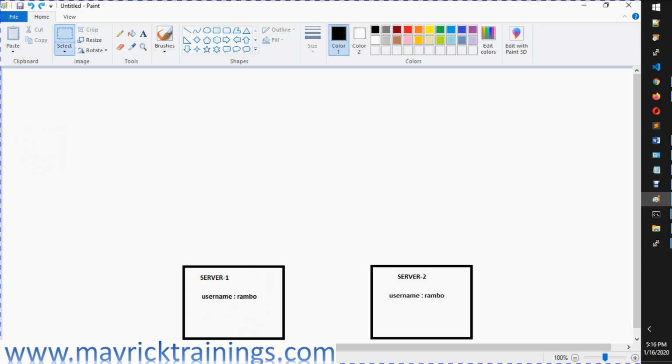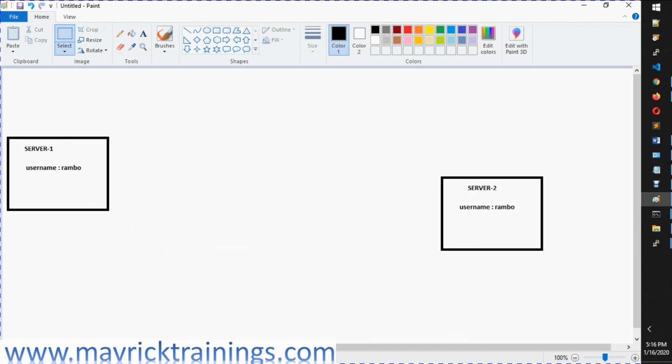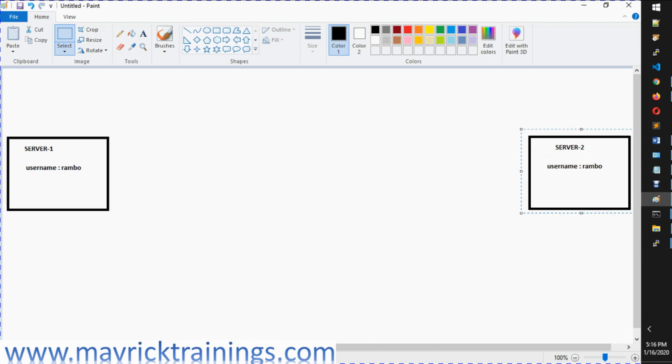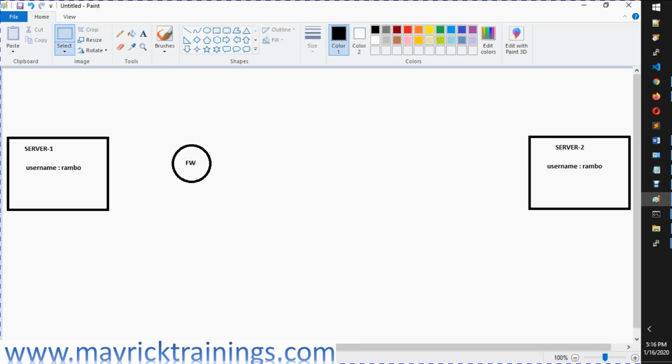I'm going to move this server here, and I'm going to move this server towards here. Now imagine if there are a lot of firewalls in between. So these are all firewalls actually. Now what will happen? Sometimes the packet won't be able to reach your destination because there is some firewall